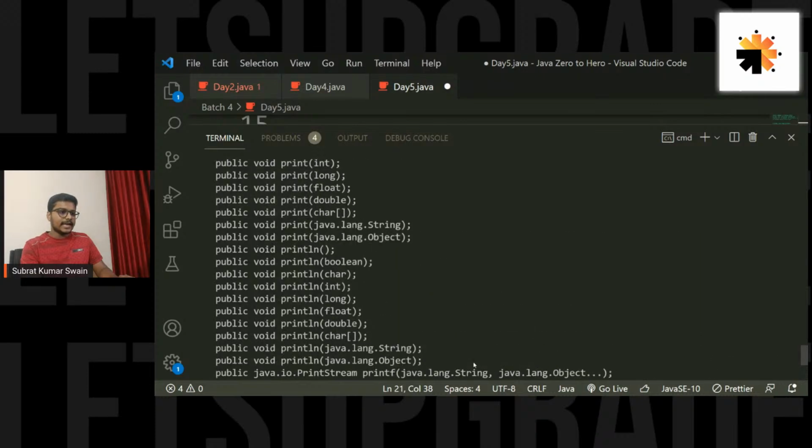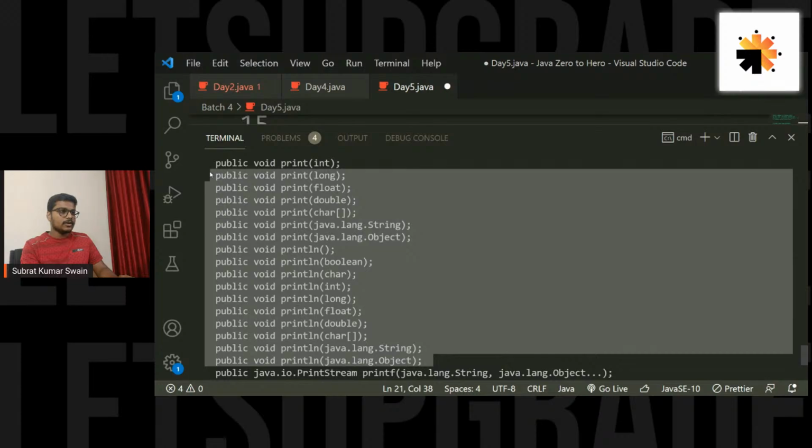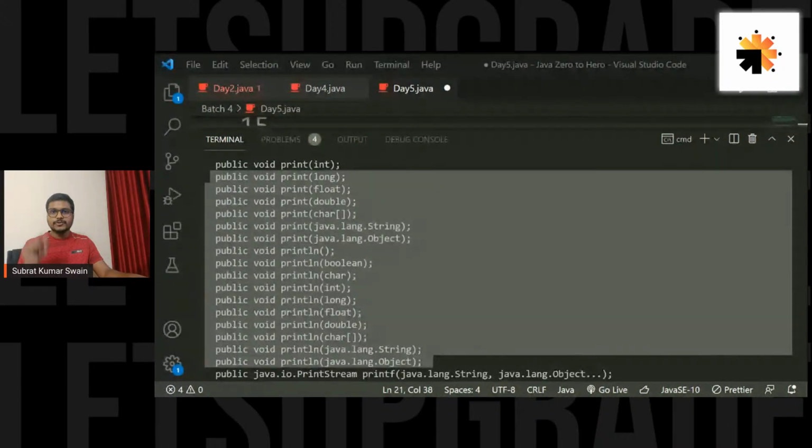Okay, see, no static keyword is used. So these are all non-static methods, print and println. That means if I want to use println or print, we need an object of the PrintStream class. Otherwise we won't be able to use them. We have already discussed this, right? If a member is static, you can use it through an object or through the class name. But if a member is non-static, then you can access it only through an object, right? And print and println are non-static members, so you need an object of this PrintStream class to use print and println, right? Okay,